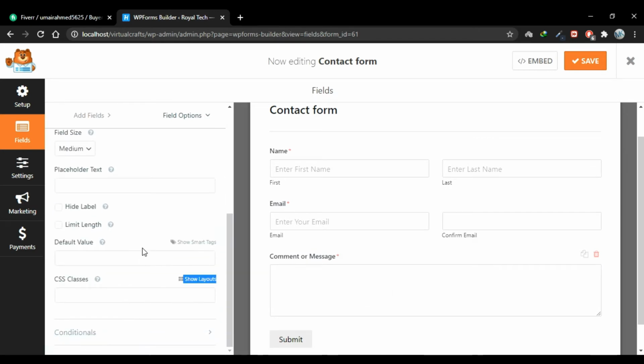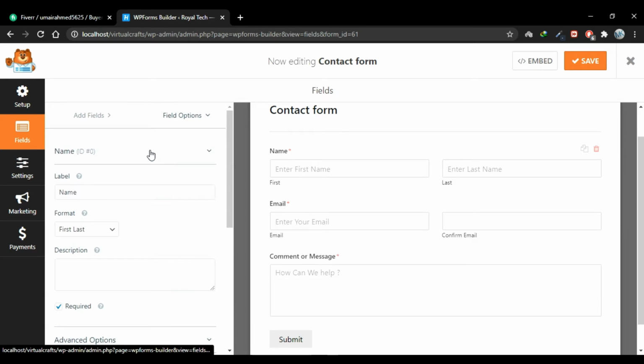In this field the user will write their message. In the advanced options you can limit the length of the message they write. You can put any value in this characters field. So if I put 1000, they will only be able to enter 1000 characters in this field, but it's good to leave it just limitless. So uncheck this box and add a placeholder. How can we help?